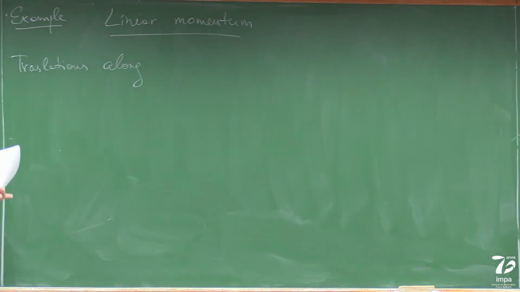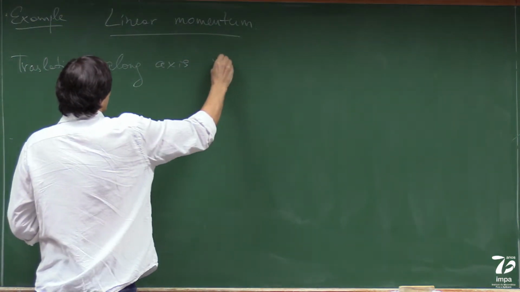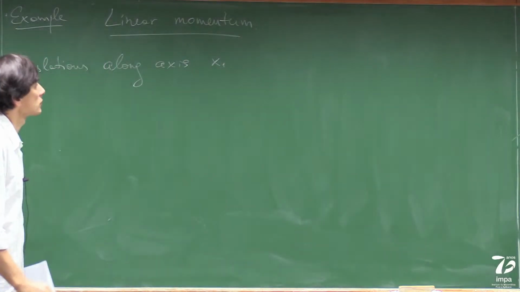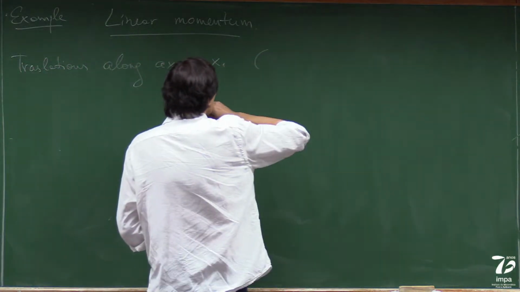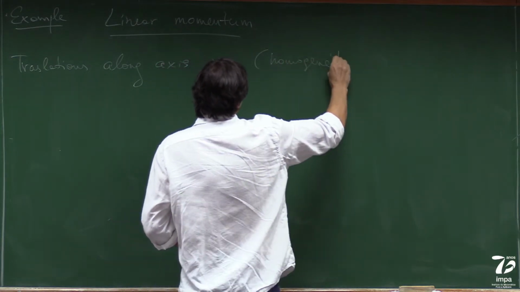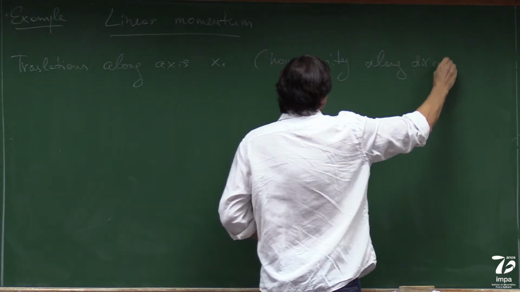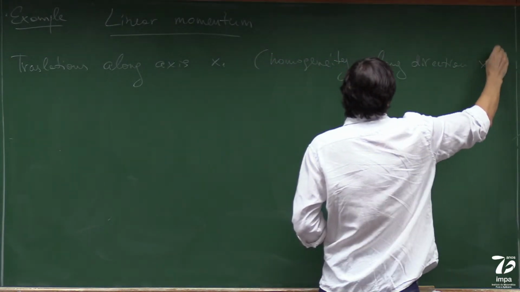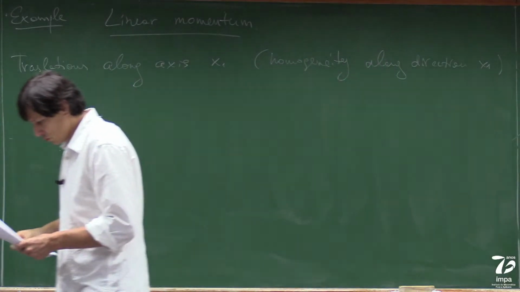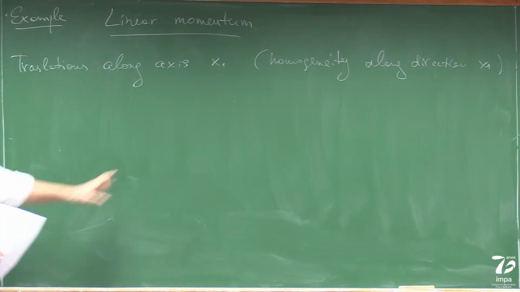So we have three coordinates. Let's take translation along axis x1. In other words, you can say that this is homogeneity along direction x1. So what we have is that we demand that the Lagrangian function does not depend on a